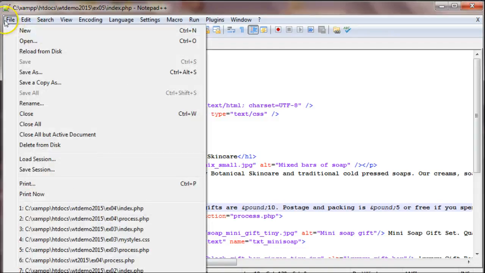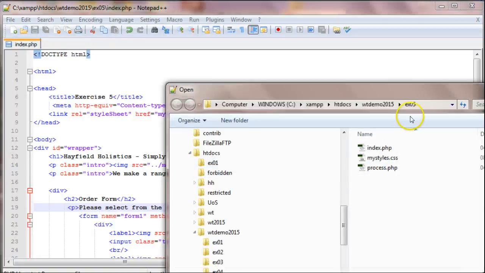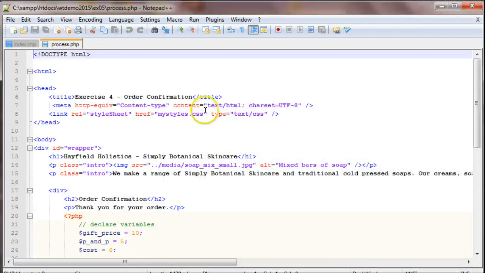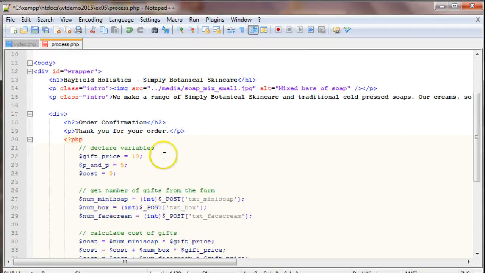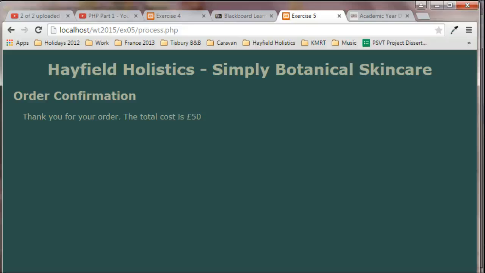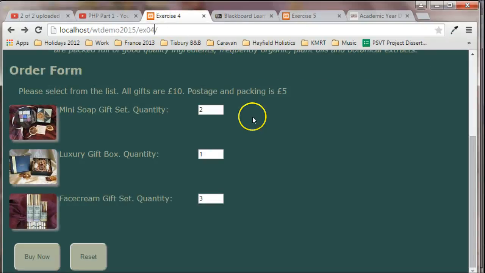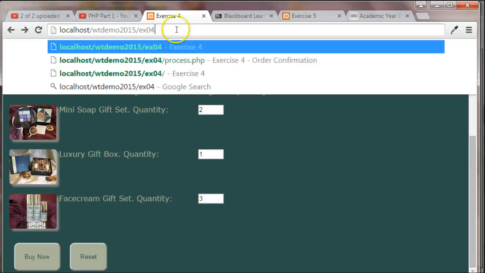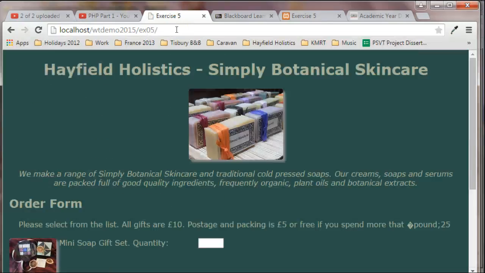And if I open up the process page, so here's my exercise 5 order confirmation, and here's my PHP. What I'm going to do first of all is just check that what I've copied across actually works. Again, you will need to upload this to the university server using FileZilla, or use XAMPP with localhost as I'm using here. So if I just change my location to exercise 5,